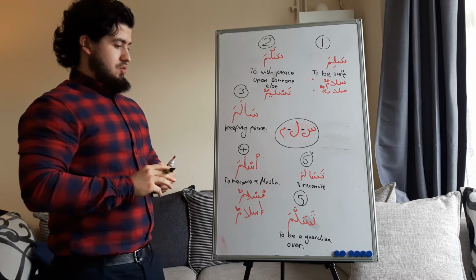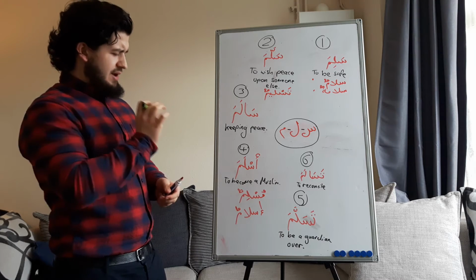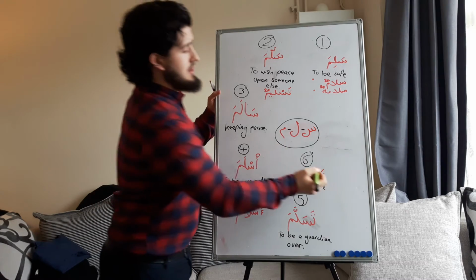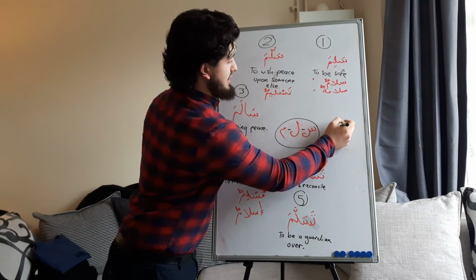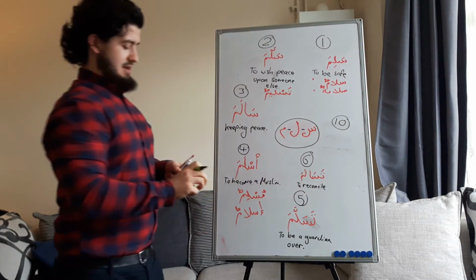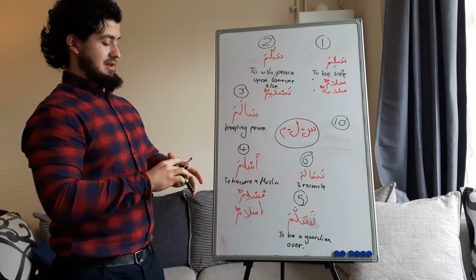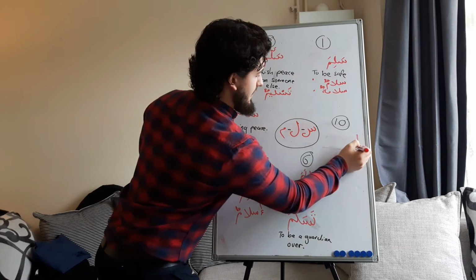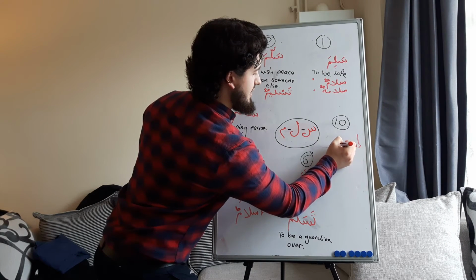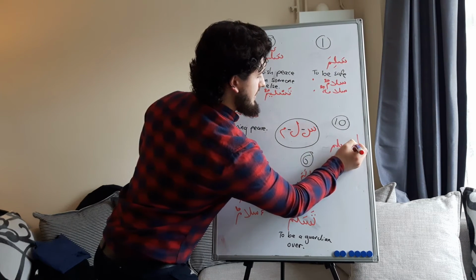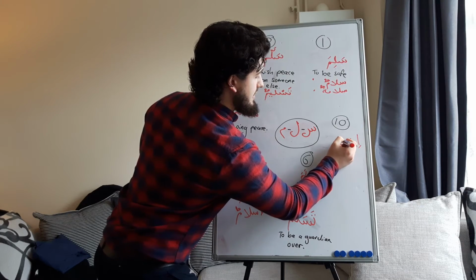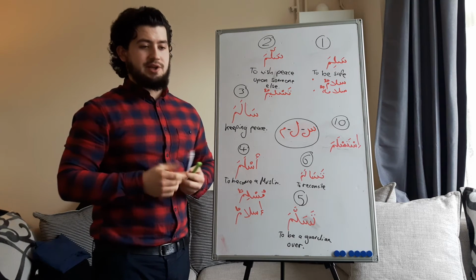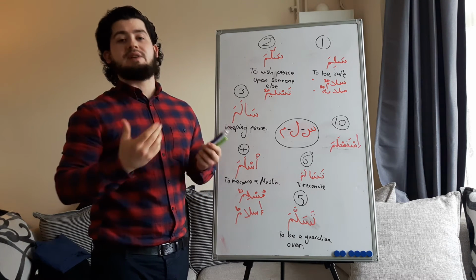We'll come on to the form 10. I think there is another form, there may be a form 8 maybe, but it'll have a similar meaning to the ones that are here. The form 10 is the one that our good friend Anjam Chowdhury, who's clearly a good representative for the entire Muslim community, said that Islam is from the root istaslama. Istaslama is pretty directly translated to submitting or to giving up.